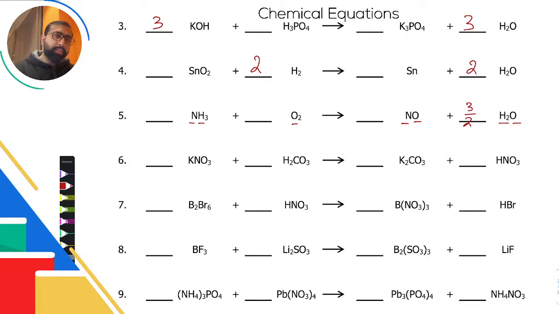But here's the thing. Let's just hold on and see what happens. Now I have nitrogen balanced out, hydrogen balanced out, but not oxygen. So I have 2 oxygen on the left side. How many on the right side? And this might be a little tricky. 1 nitrogen oxygen here and 3 by 2 oxygen here. 3 by 2 is 1.5. In other words, I have 1 plus 1.5, 2.5 oxygen.